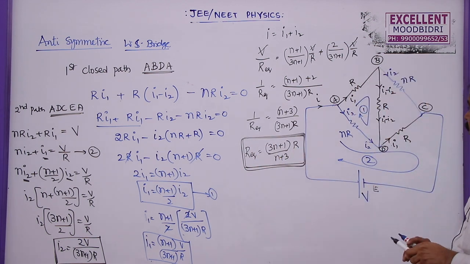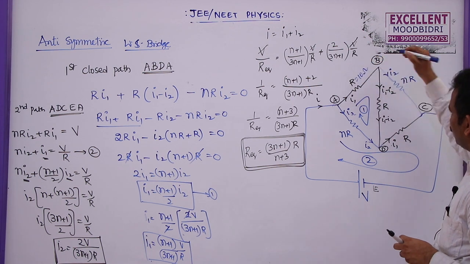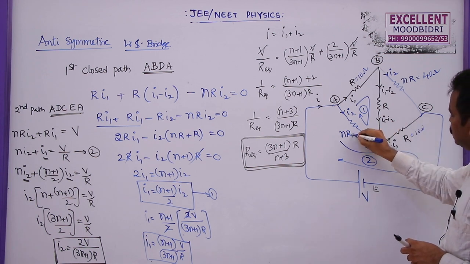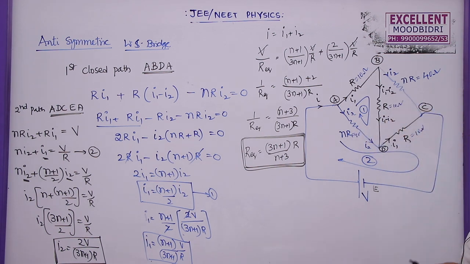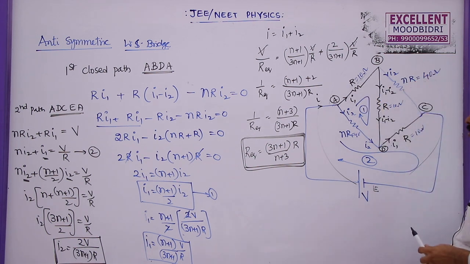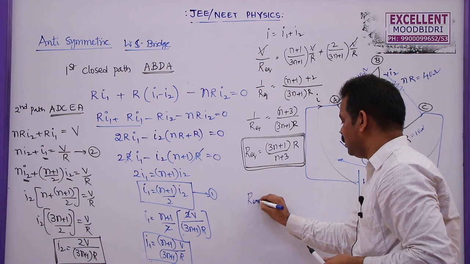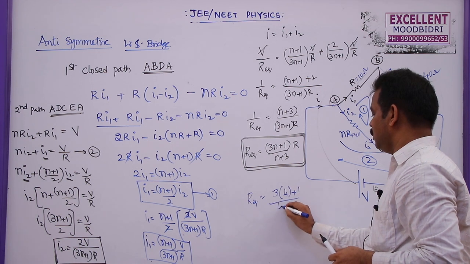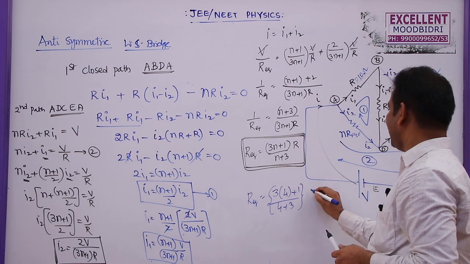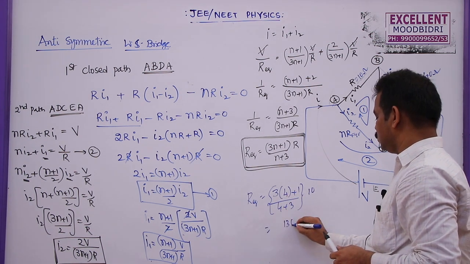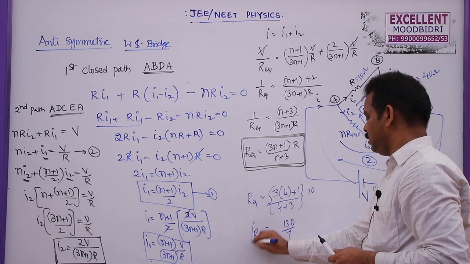So very, very important. Now let us say R is equal to 10 ohms and NR is equal to 40 ohms. This is 10 ohms, this is 40 ohms, this is 10 ohms. So what is the effective resistance of this combination? You can see this is 10 ohms, this is 40, so it increased by 4 times. So N is equal to 4. So R equivalent for this circuit is (3 times 4 plus 1) by (4 plus 3) into capital R, which is 10. So 3 fours are 12 plus 1, 13, into 10, 130 by 7. So this is R equivalent.